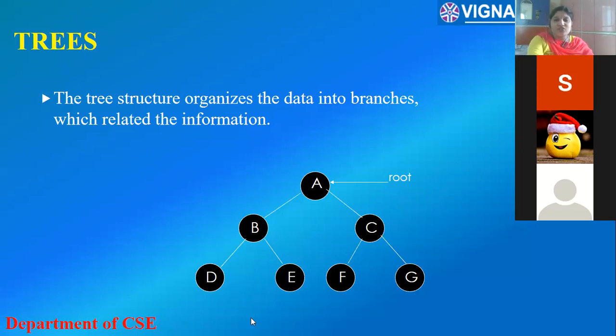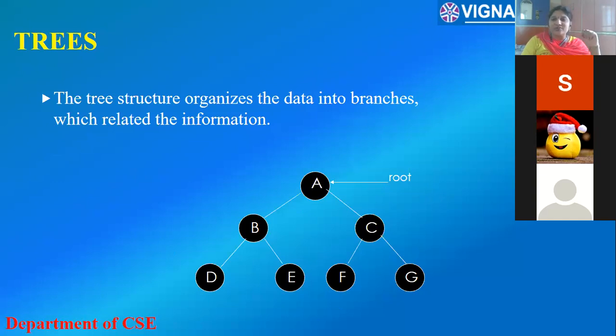So what are the subtrees of A? B and C are the subtrees of A. What are the subtrees of B? Whatever may be the children of that particular node, all the children can be called the subtrees. So what are the subtrees of B? D and E are called the subtrees of B, whereas F and G are called the subtrees of C. Likewise, each and every element can be organized through the parent and child kind of relationship.